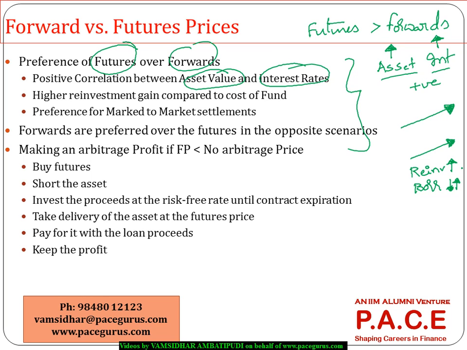I can lock up the asset price, and the one thing which I can see is a comparison of buying now versus buying at a later date, because these two are positively correlated. What I could do is probably buy the asset now by